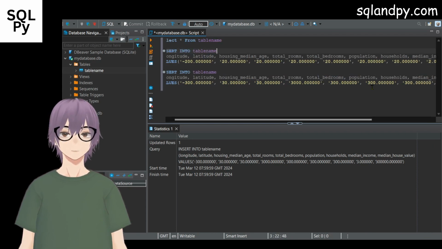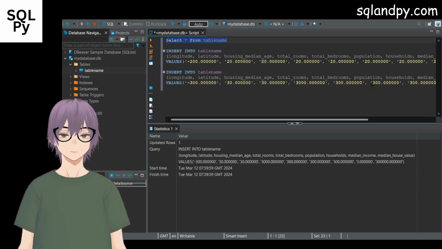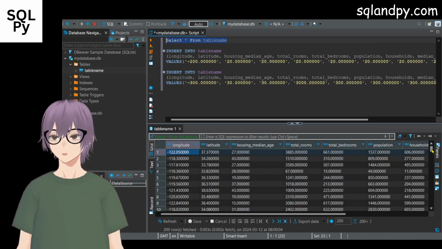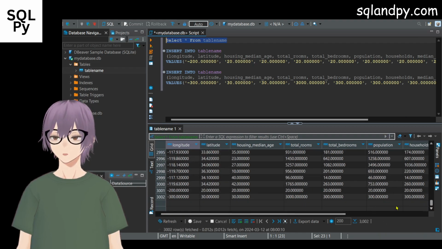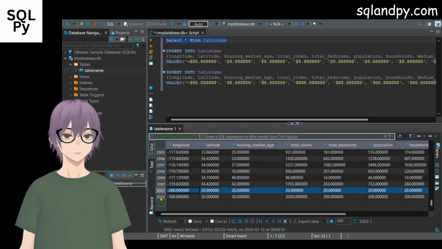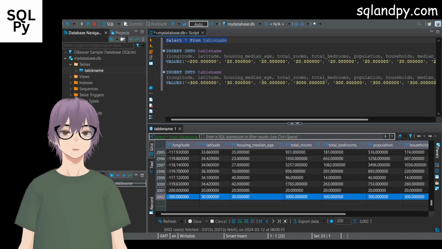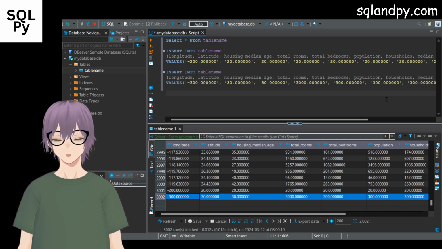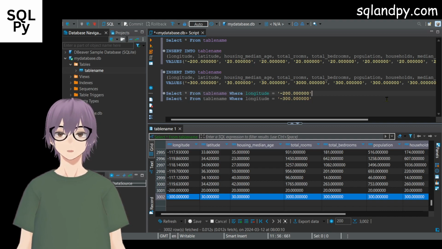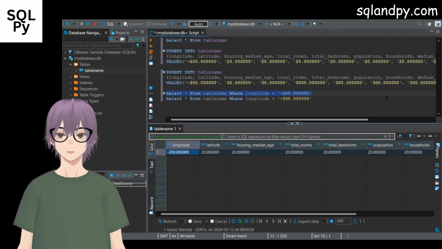So now if I go to select all from this table and scroll down to the very bottom, I see these 2 new rows that I have created. And what I can do here is just check these rows out by themselves before I delete them individually. So this is the row that begins with -200, and this is the row that begins with